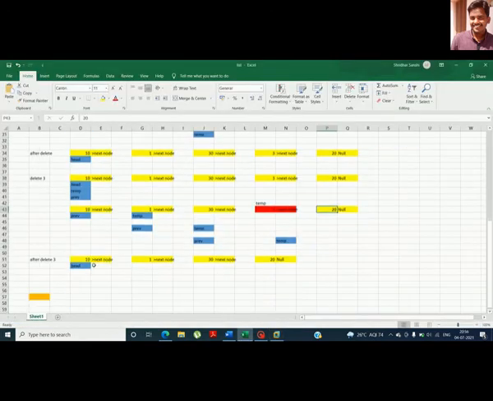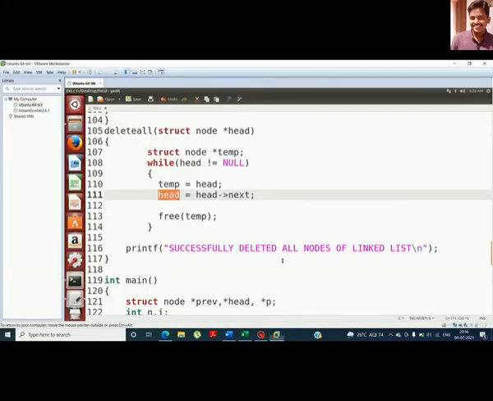So head is pointing to this element. Now I will make this the temp, and point head to here, and then I will free the temp. Like this I will continue until head becomes null. This is how you can delete all the elements in a list.